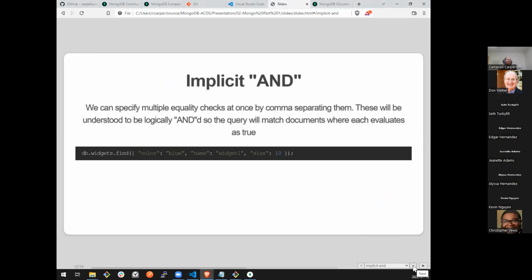So just know if you just list property value, property value, property value, that is a logical and implicitly, but we can also explicitly define an and, especially when we start doing really complicated things, like saying these three things all must be true, so logical and, or these four things must be true. And so we're building two groups of queries that are logical ands, and then putting a logical or in between them. In those cases, you cannot do an implicit and. You have to explicitly say, I'm anding these query clauses together.